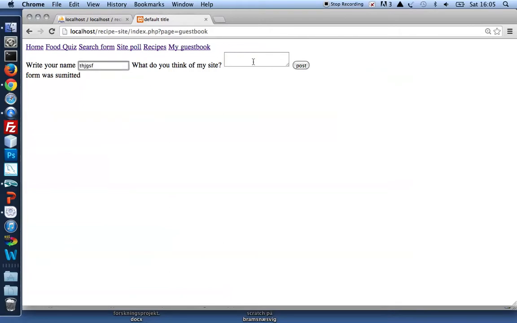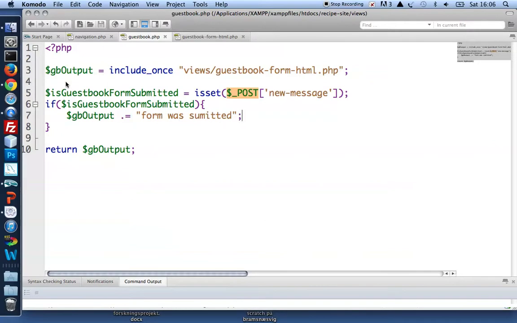So whenever I write something and submit the form, I get to see form was submitted. If I just go and load the page, form was not submitted. If I post, form was submitted. It works. Now I'd like to see